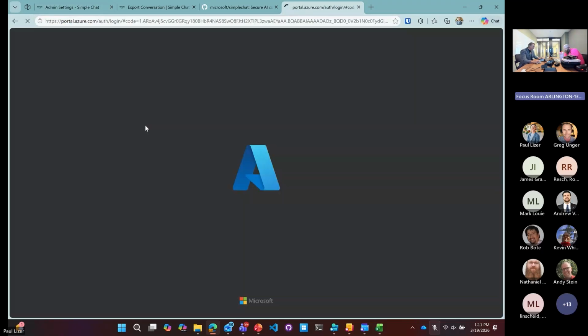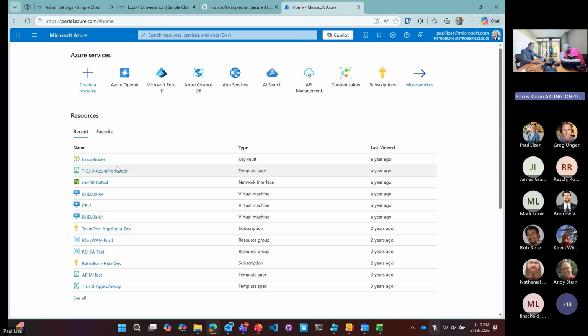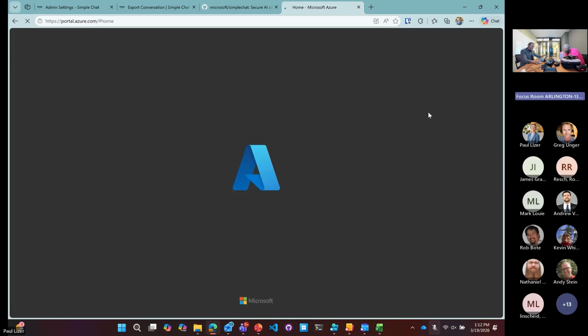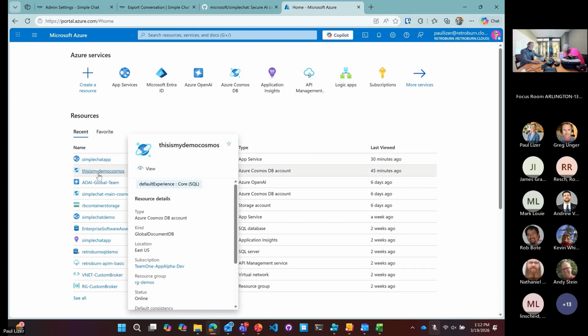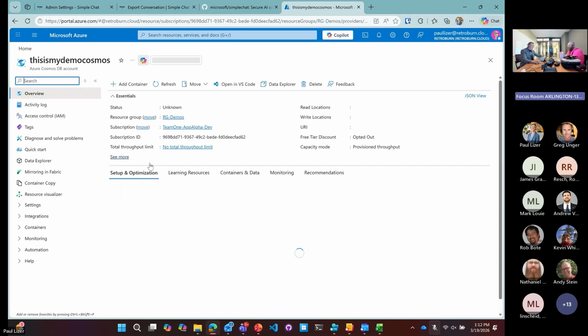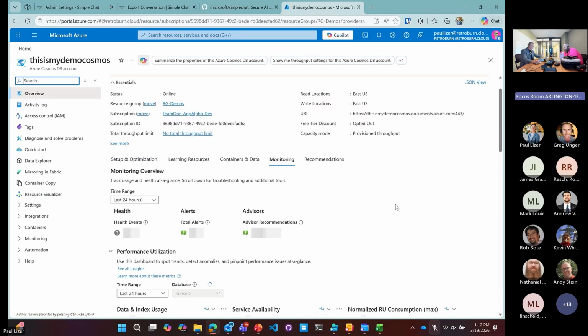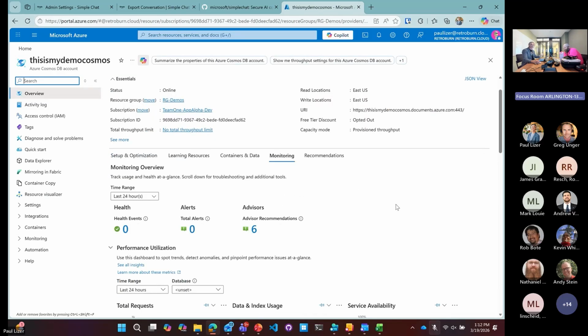So I'm going to go to my portal real quick just so you can see some of this. This isn't simple chat through the UI, but if you've deployed simple chat out there, it's really important to look at your Cosmos. Cosmos is probably the limiting factor on performance right now.